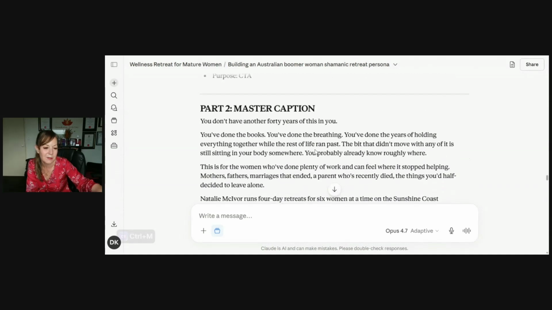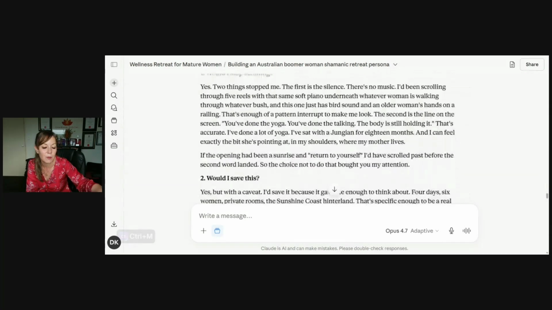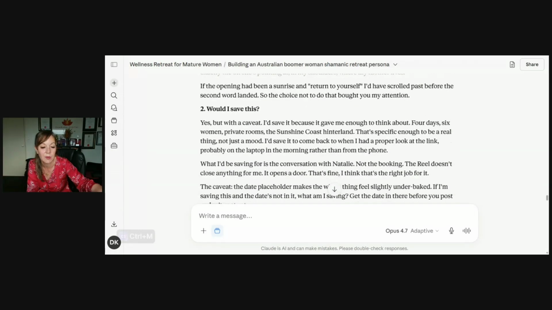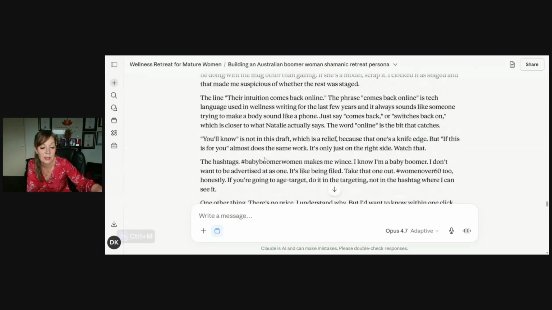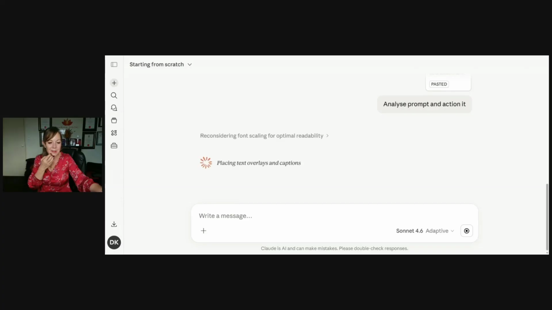I like part of that, but I think it's very long for a reel. But I can see how it's actually taken the information I've given it and really synthesized it into that. It's definitely on the right track, I think, which is good. So it is still going. It's doing the text overlays and captions, and finishing the production notes, which is at the very end. So you think it will be ready soon.